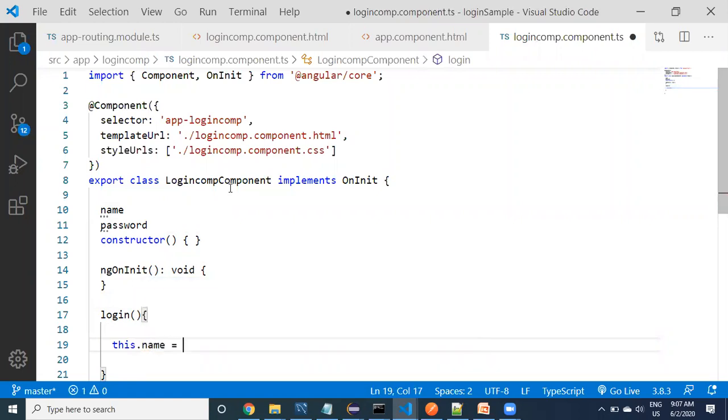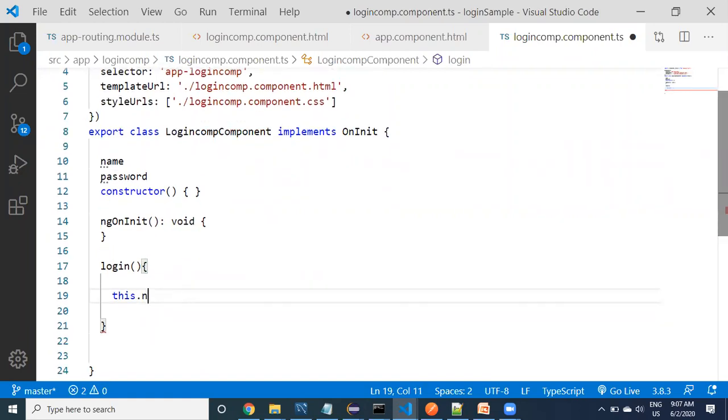This dot name equal to. Now here we need to call a REST service by passing data. What kind of data do I want to pass?